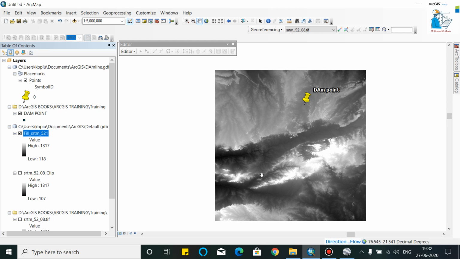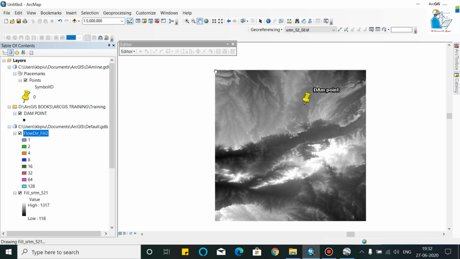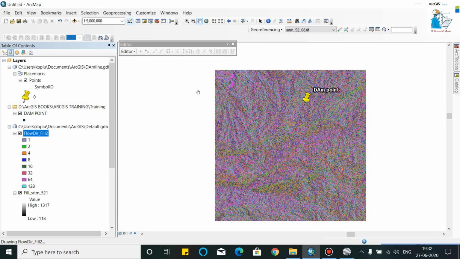This is the simplest method to find the catchment of any nala. I will also give you a video in my next tutorial using the Arc Hydro tool. This is using the Spatial Analyst tool. It will take time as the input raster is big.